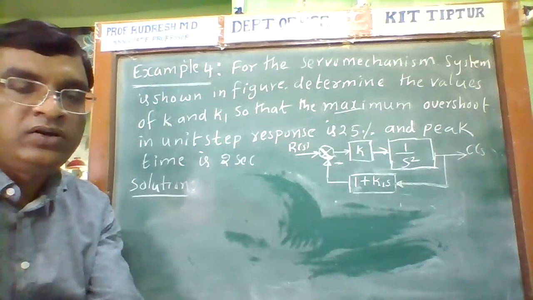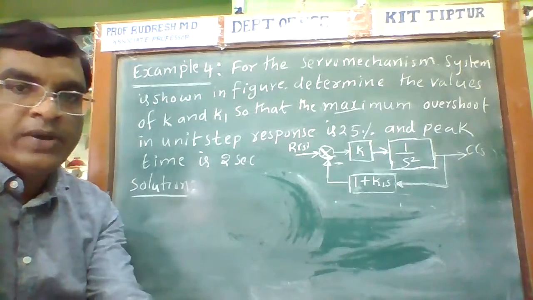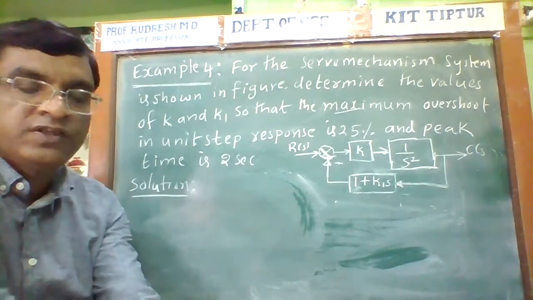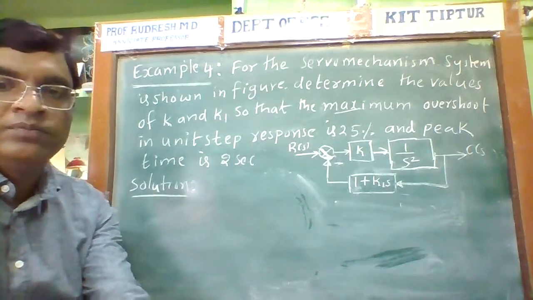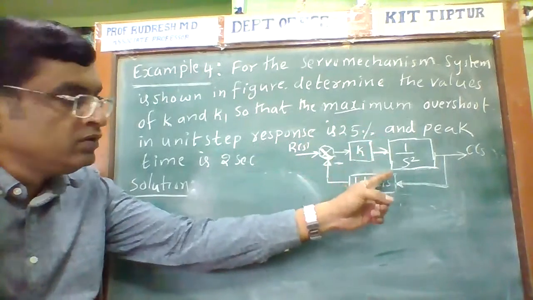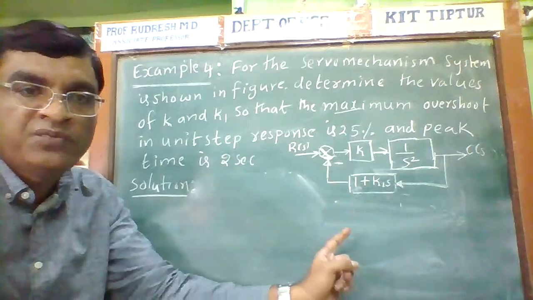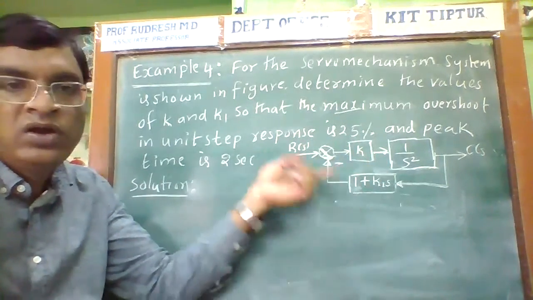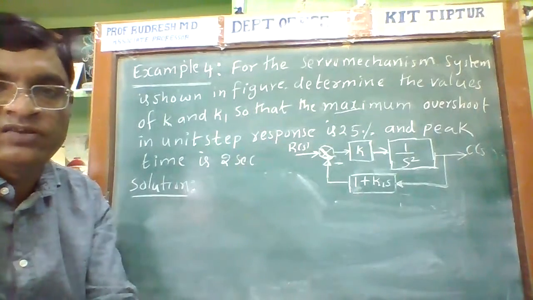Dear student, in today's class I am going to explain another example, a very important example asked many times in the examination. This is an example regarding the second order system. In this particular problem, the block diagram is given, representing the second order system. From the block diagram, find out the G(S) value and H(S) value, find the closed loop transfer function, and compare with the standard equation.